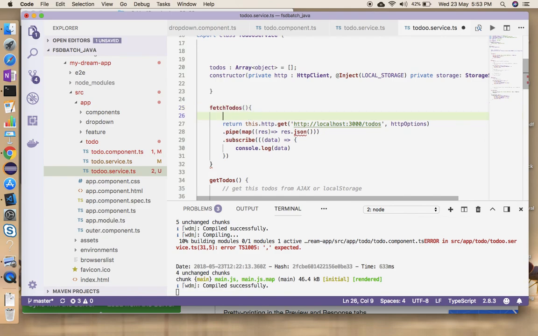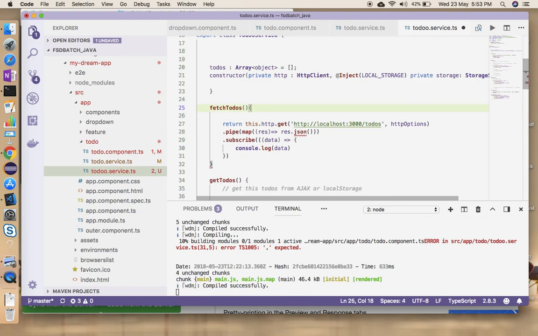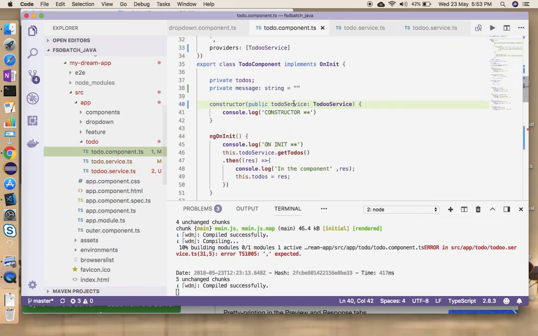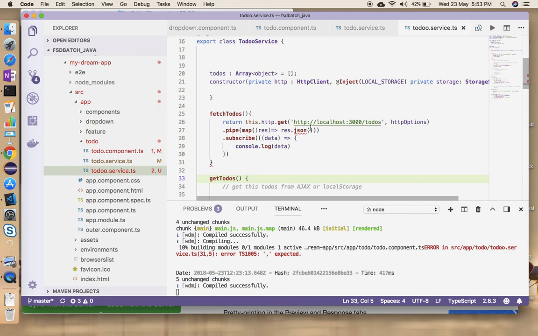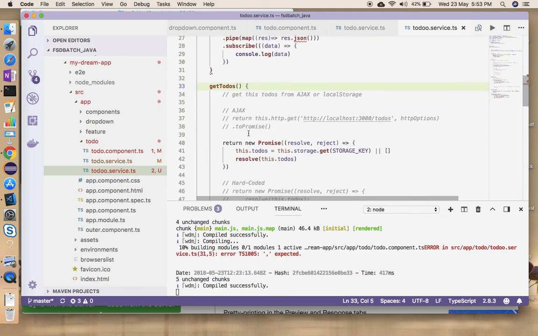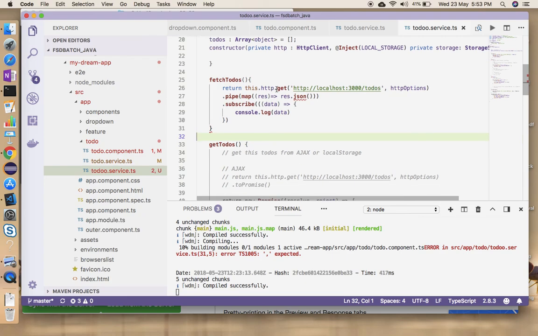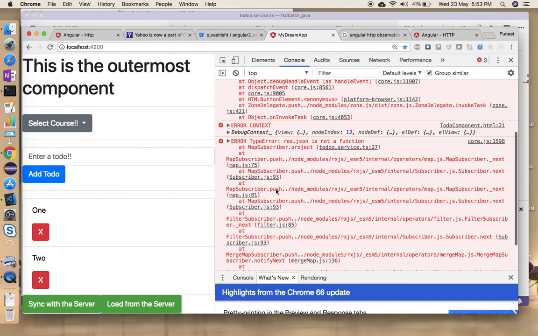So I'll just check if it's the same method that's getting invoked. Oh, I think I just remembered this. So this is not where it is happening. Let's go to the component TS, and in the component TS, it's happening right here in the get to dos method. So we haven't modified the get to dos, rather we modified the fetch to dos. So I'm going to copy and paste the same functionality because we're going to need it for the places. So, or maybe just call this specific method load from the server that's going to do this, and says